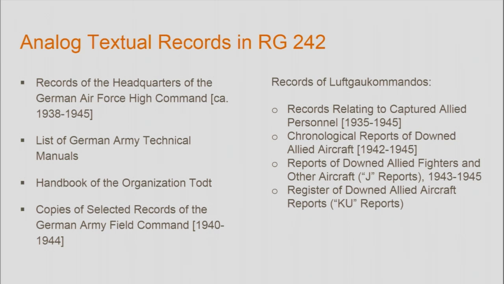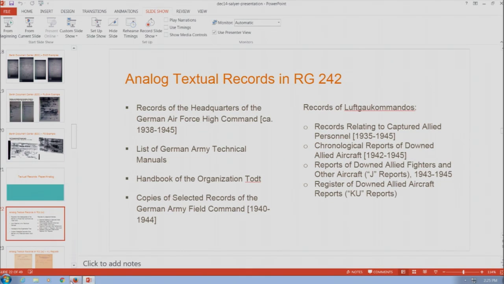So these are just some examples of the series that exist in paper format. Some of these are photostats or copies. They're not all the originals. Again, they were used as military intelligence. They were used to help return looted art. They were used in war crimes trials and things like that. Related to the looted art, for example, you can see in our catalog,